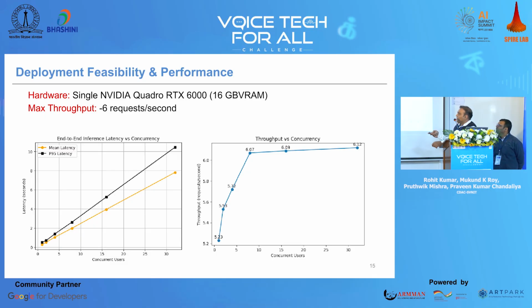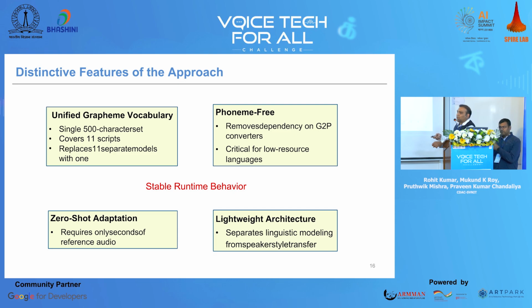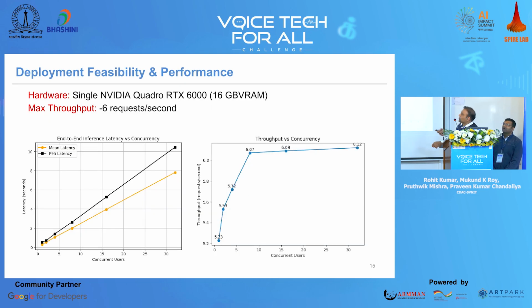Up to 8 users making 2 requests in a second, this GPU, this machine and this model can handle 8 into 2, 16 requests without latency. Up to 16 users, you will get a latency of 4 seconds. But I think 8 to 10 users, it can easily cater to concurrent requests.